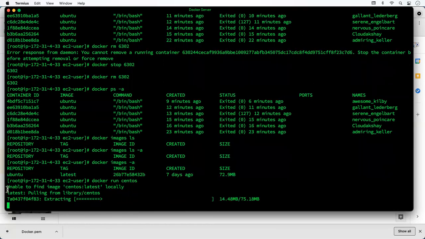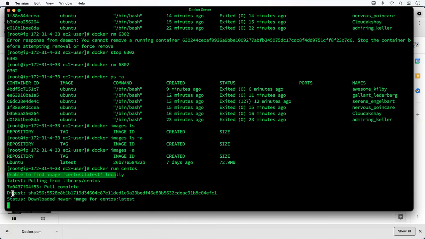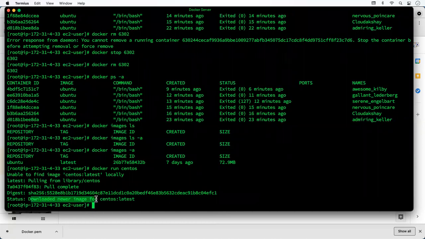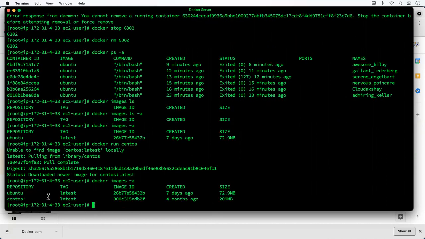First it checks, unable to find it locally, and then pulls it from Docker Hub. The download is started and it downloaded the newer image for CentOS. Now you can check docker images hyphen a. So we have two images locally, Ubuntu and CentOS.